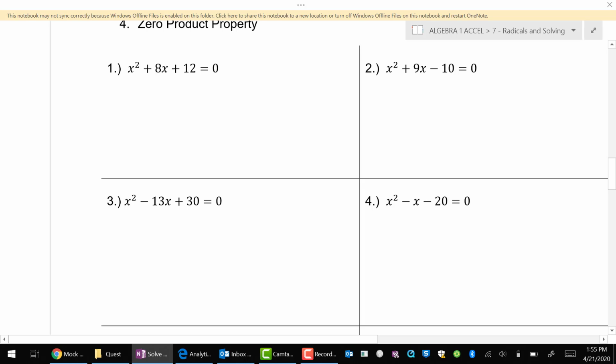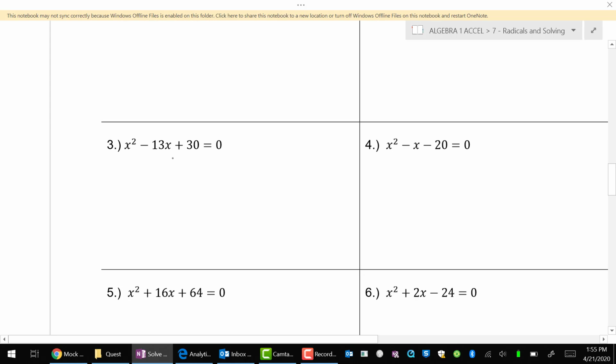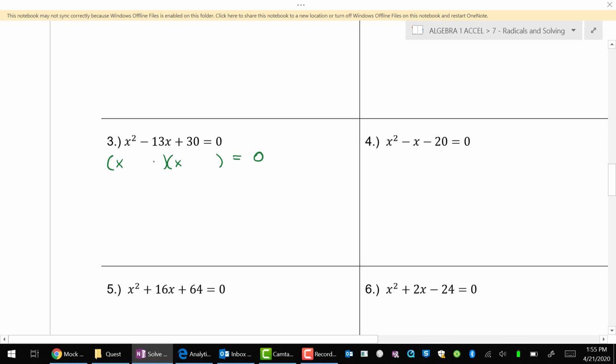How about we skip down to number 3? Number 3, it's not a GCF problem. I'm wondering, can I factor this quadratic? How about 30? How about 10 times 3? Because I can get a negative 13 if I make them both negative, and the negative 10 times negative 3 still is positive 30. So there's the factorization, and by the zero product property, I can write down that x minus 10 equals 0, or x minus 3 is equal to 0. Solutions are 10 and 3